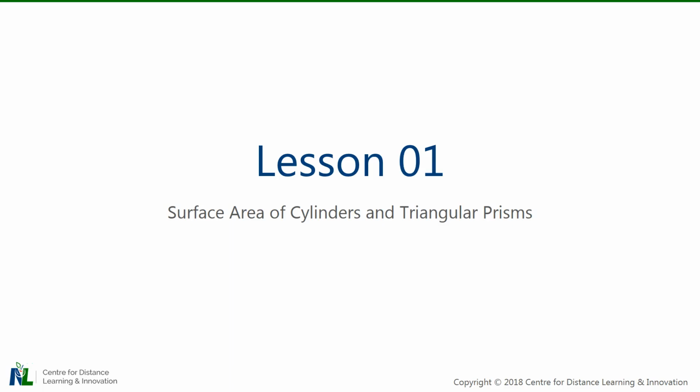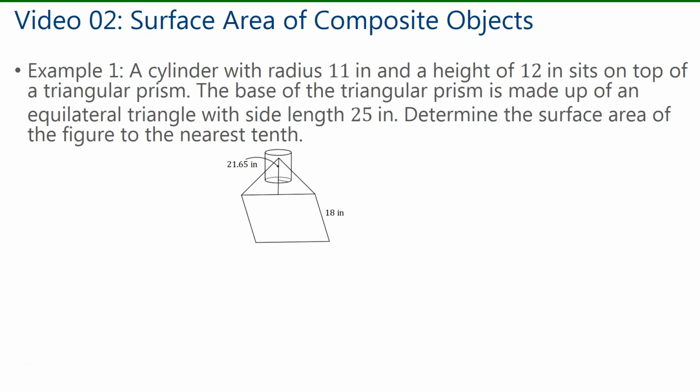Welcome back to Lesson 1 on surface area of cylinders and triangular prisms. Here we'll look at surface area of composite objects, including rectangular prisms, triangular prisms, and cylinders. So for example 1, says we have a cylinder with a radius of 11 inches and a height of 12